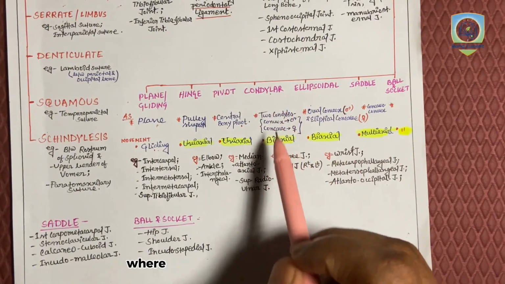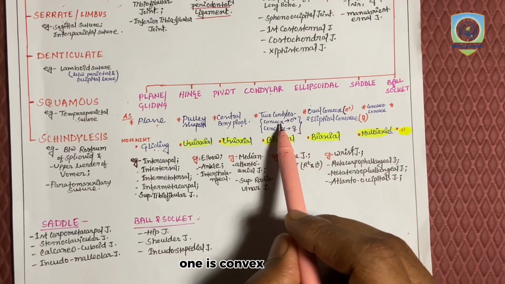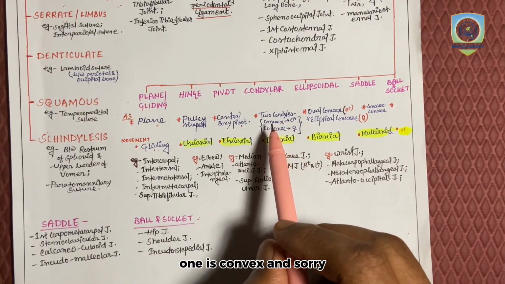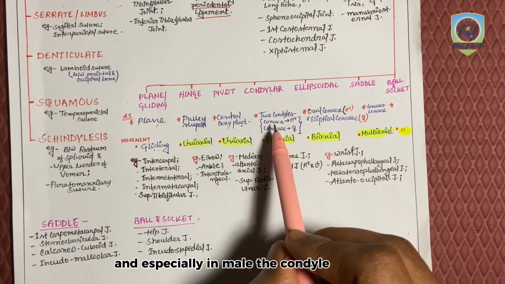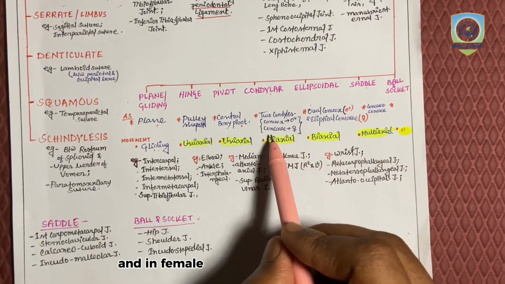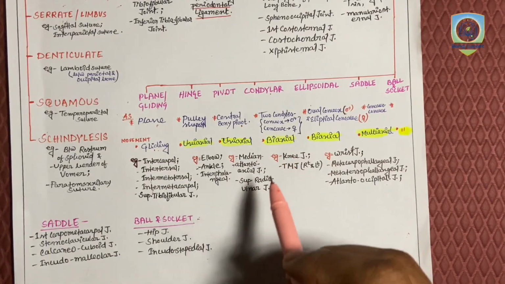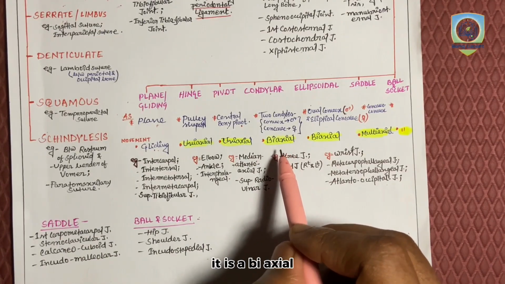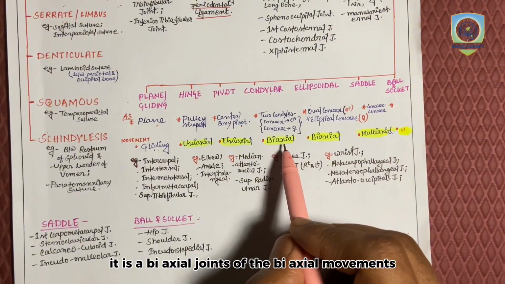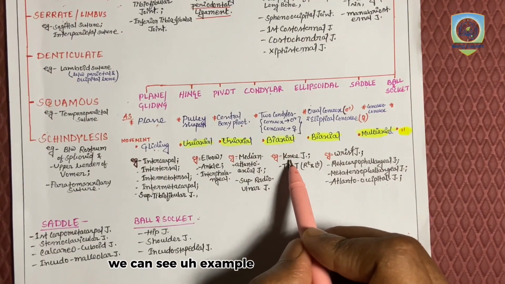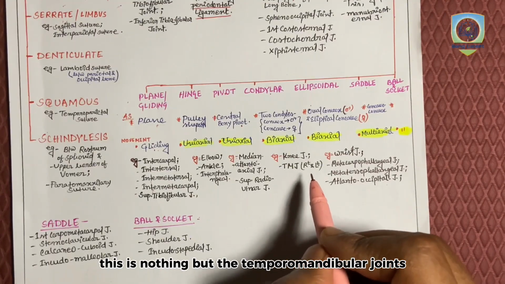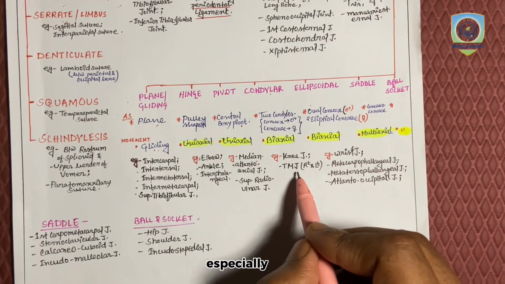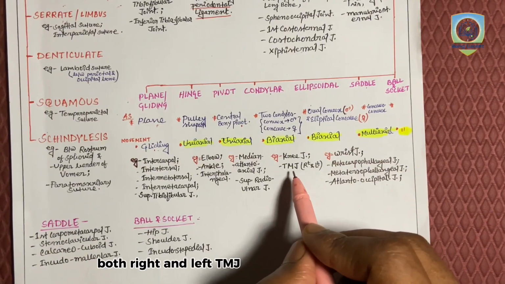In the condylar variety, you can see there are two condyles, one convex and one concave; especially in male the condyle is convex and in female the condyle is concave. It is a biaxial joint, where we can see biaxial movements. Examples are the knee joint and TMJ, the temporomandibular joint. It is also a most important joint, especially for SAQ specific questions asked in university exams, both right and left TMJ, temporomandibular